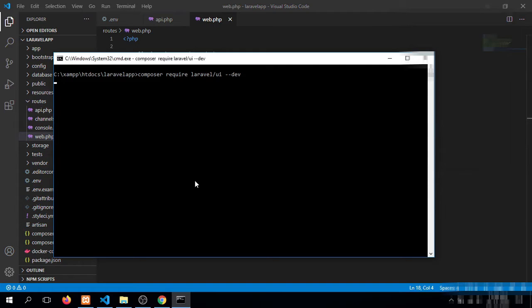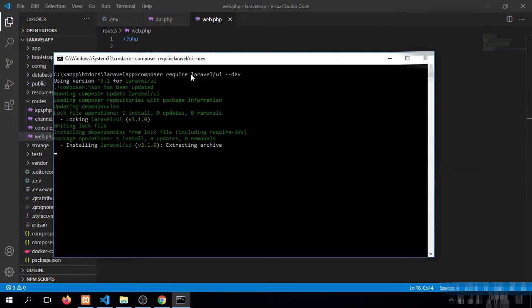We'll have to add a package, Laravel/UI, in our application.